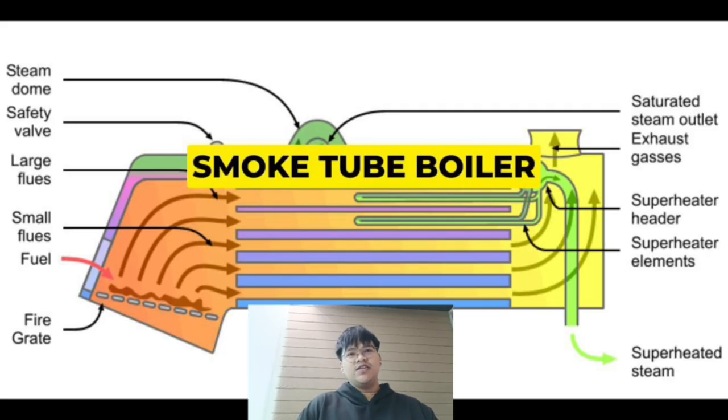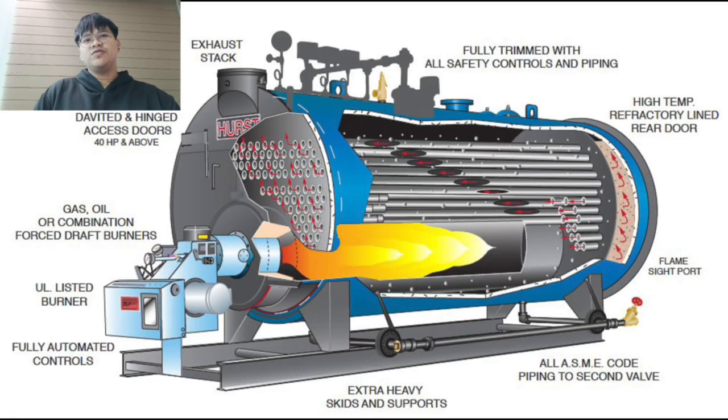Finally, the furnace also ensures that the flow of the hot gas is smooth and efficient. By directing the gas through the smoke tubes, it helps maximize heat transfer and improve the overall efficiency of the boiler. So next, we will go to the burner, which is another key component in the combustion system.